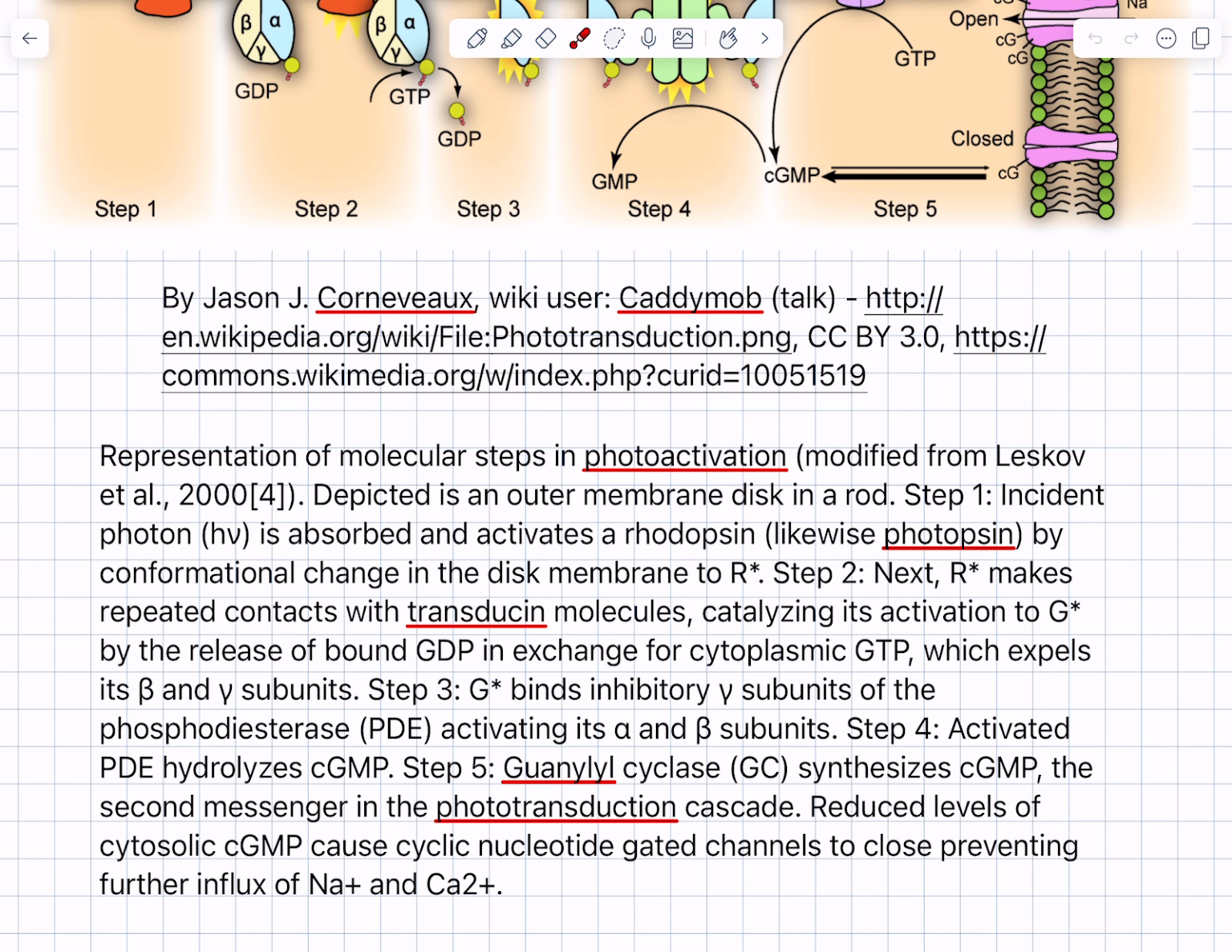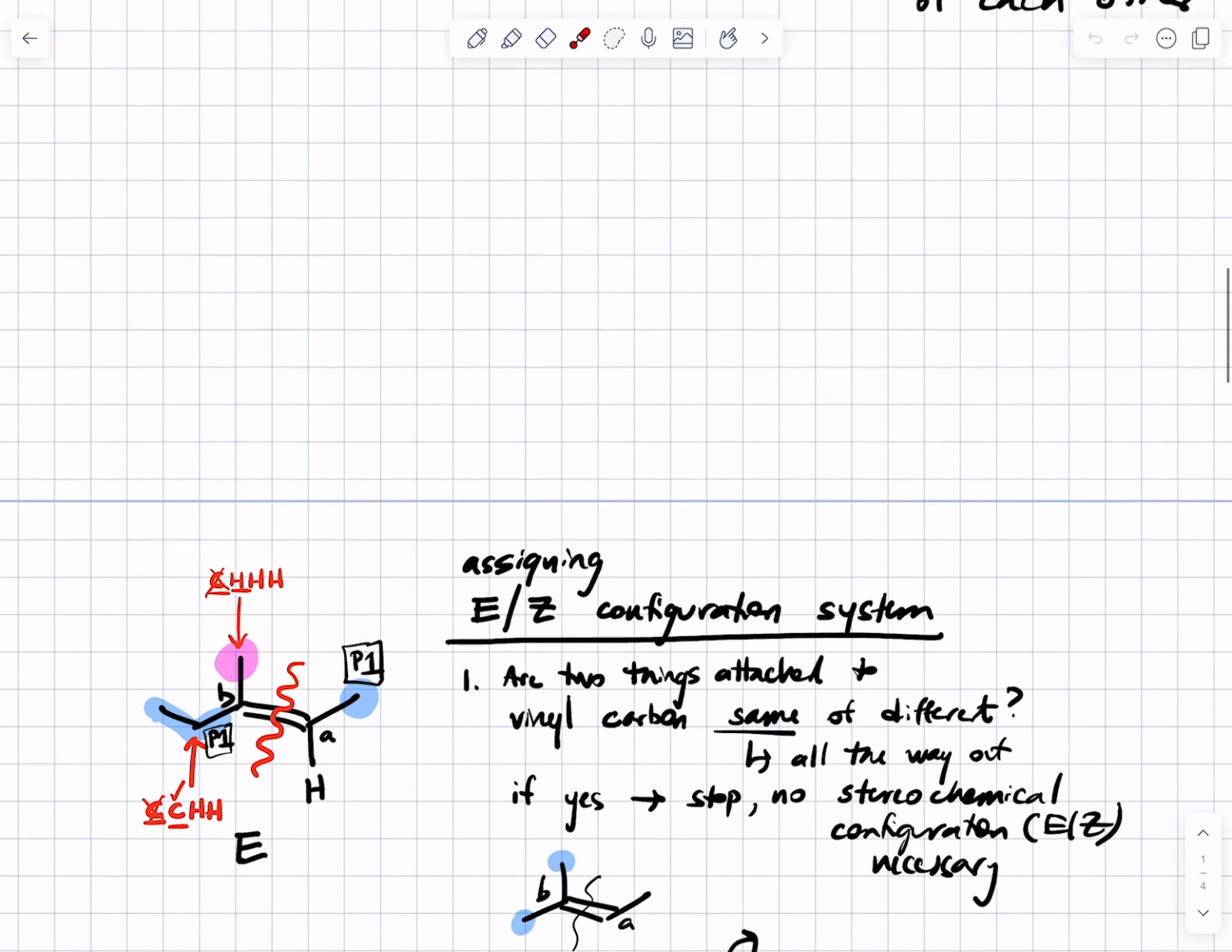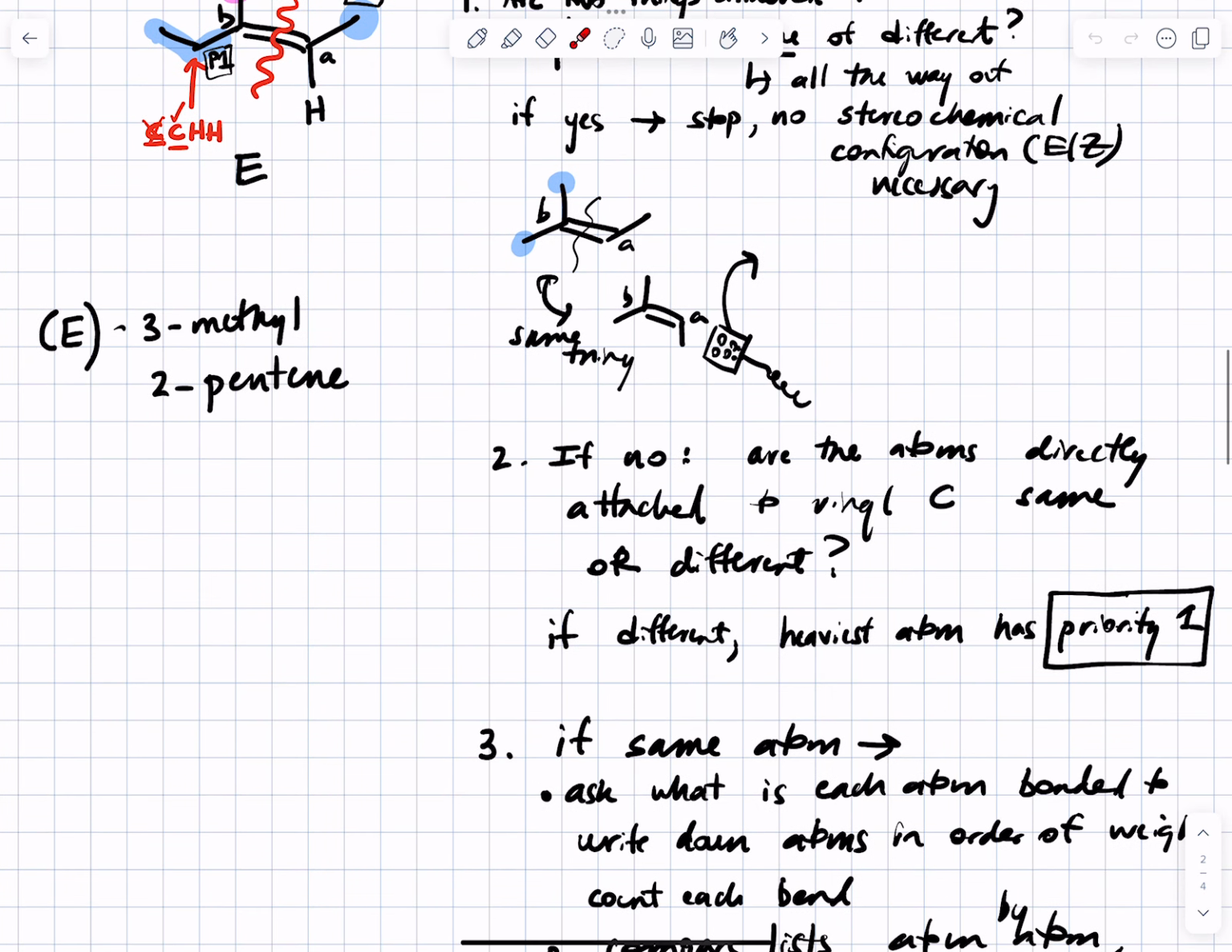So that's pleasing the eye, gladdening the heart. 11-cis retinal is really, really important. And now you know and can tell your grandma,